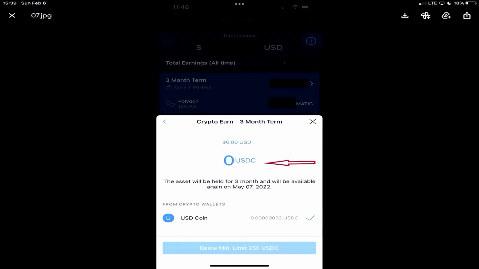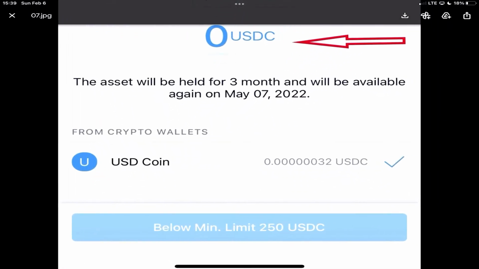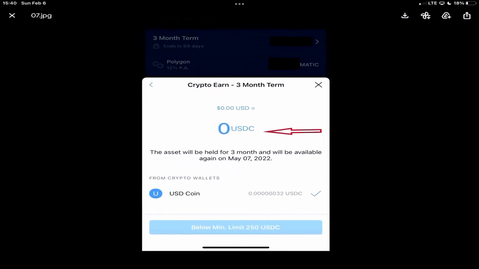The next page over there, you choose how much you want to invest. There is one little detail here that we wanted to highlight, is that you can see at the bottom here where it says below minimum limit 250. Like, to get that 12% or 8% or whatever you choose, you're going to have to invest a minimum amount with them. This one's $250, which I don't think is too high to get 12%. No. But yeah, there is a minimum. You can't just walk in there with $1 and get 12% off of it.